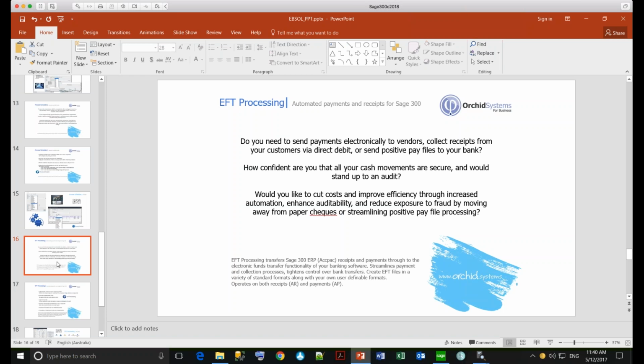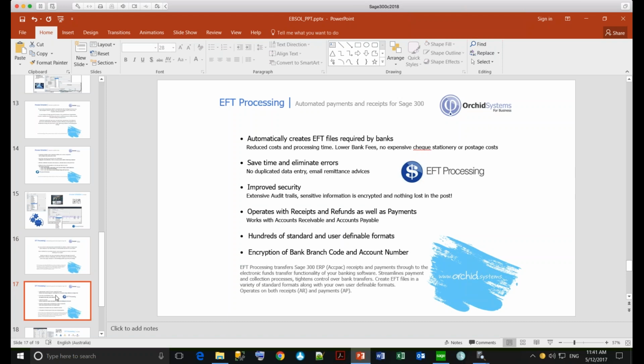It's a great time saver and is much more secure than sending out checks, and also it saves money in sending out checks as well. So that's what EFT provides at the base level, but security has become more and more important over the years. So what EFT Processing also allows you to do is to encrypt your branch code and account number for your